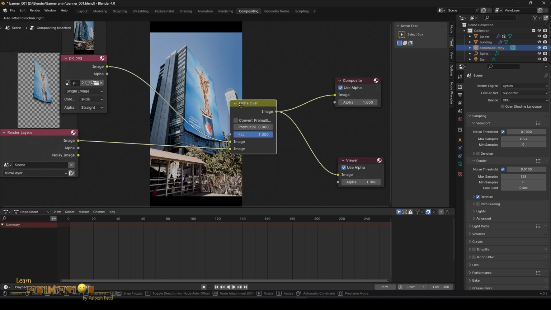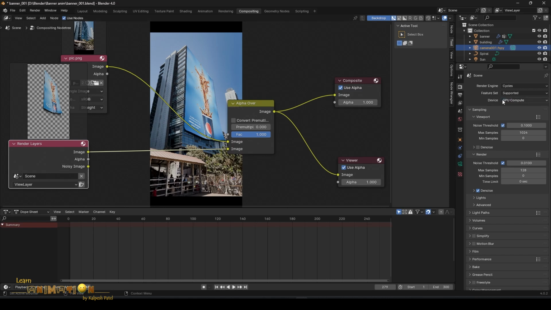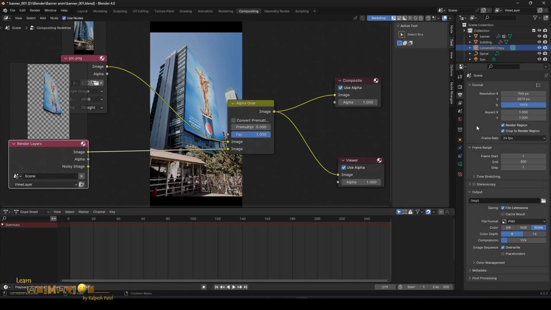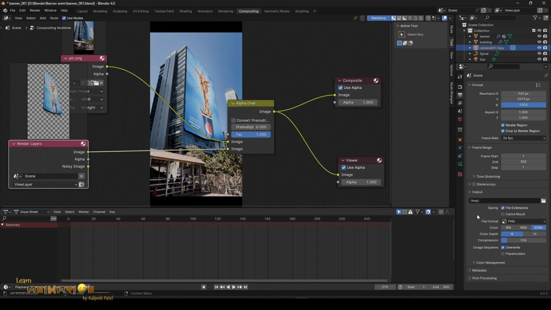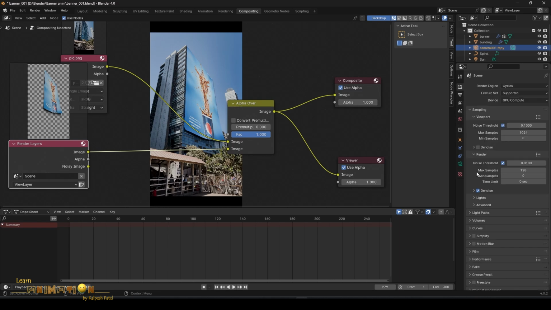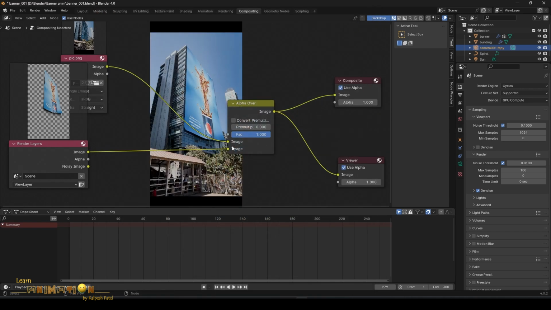So after this point, you can completely render the whole sequence like this. And here in render setting, I haven't selected GPU. You must select the GPU, so the render will be very fast. Now let's check the render. I'm going to just reduce the samples again, so the rendering will be a little faster. Let it be around 100. Now you can see a banner came along with the background image. So this way you can render the whole sequence and make a MOV.